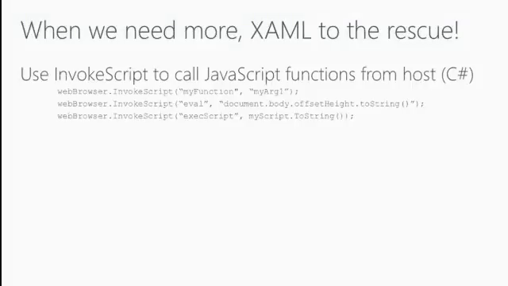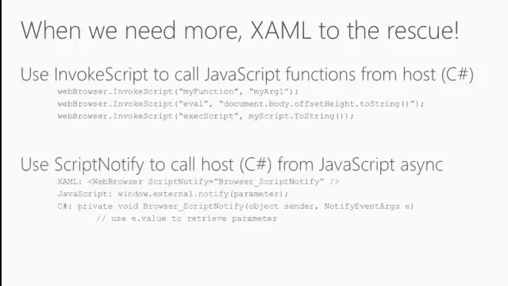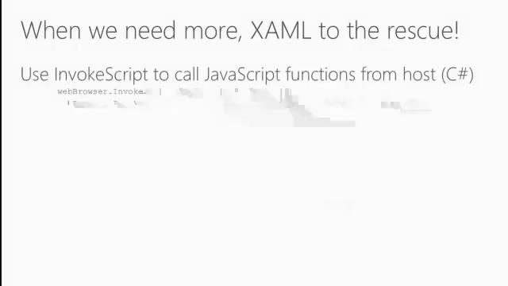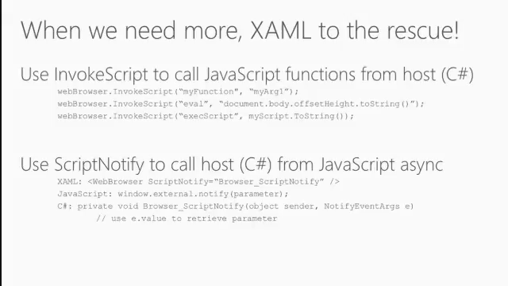And the way we do this is by allowing C# to call into JavaScript and JavaScript to call into C#. So two-way communication, and it's extremely flexible. We don't impose a schema, so you can just pass strings back and forth. By doing either the InvokeScript function from the web browser control, that allows the C# code to call into any script, including eval. And then from script, you can call the